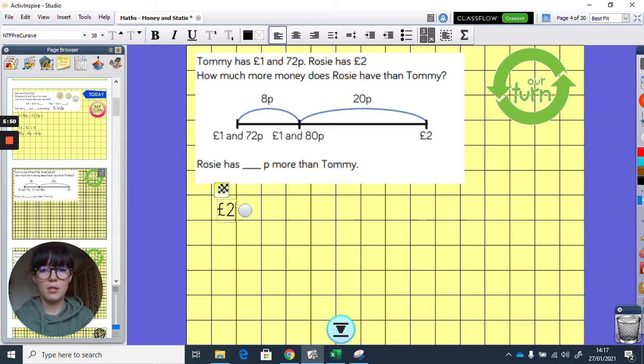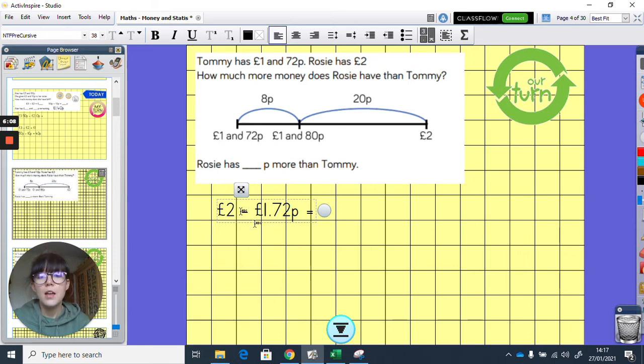Rosie has £2. If we take away the amount that Tommy has, we're going to get the difference between them, okay? We're going to get the answer. So we are taking away today. Obviously, in our learning intention, it did say we were subtracting, so that gives you a bit of a clue as